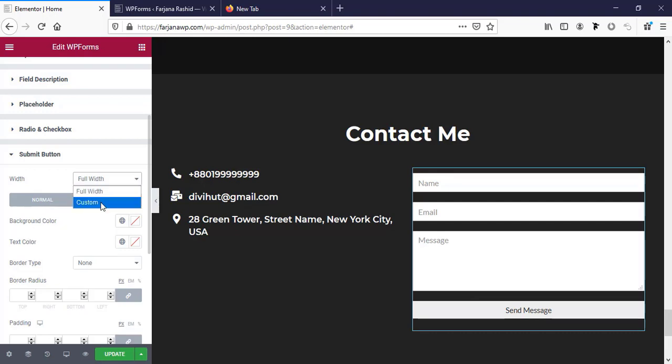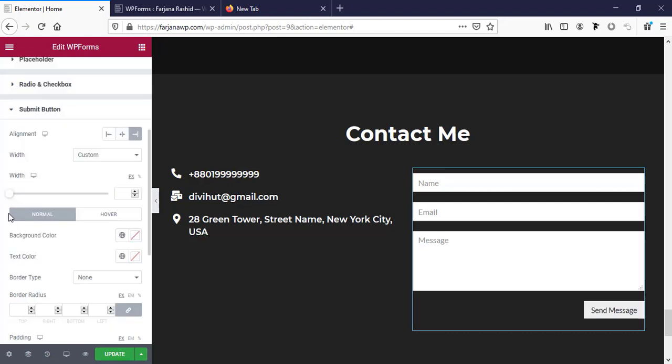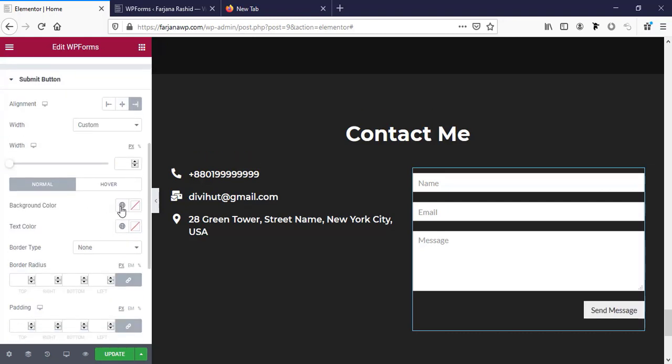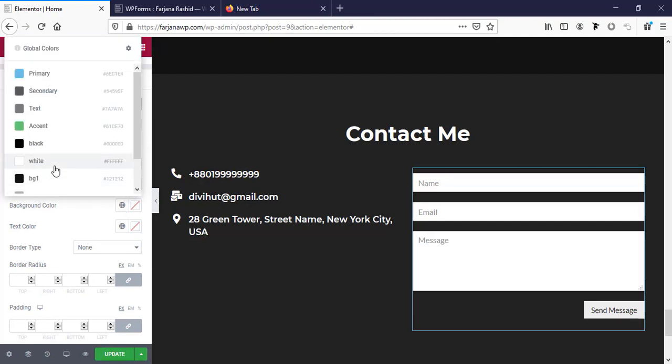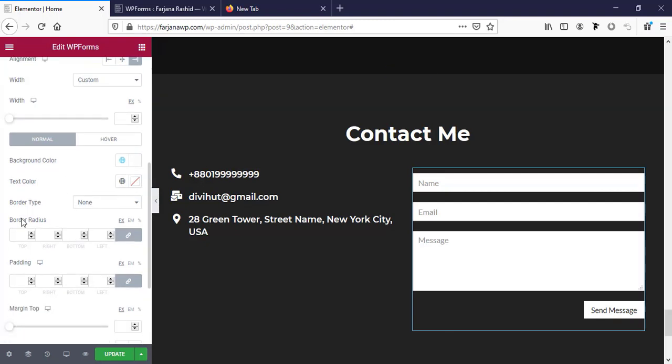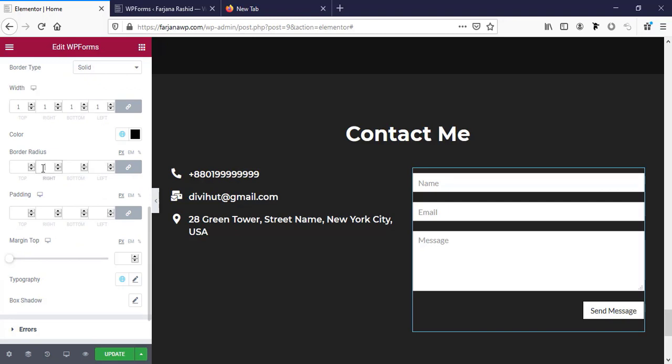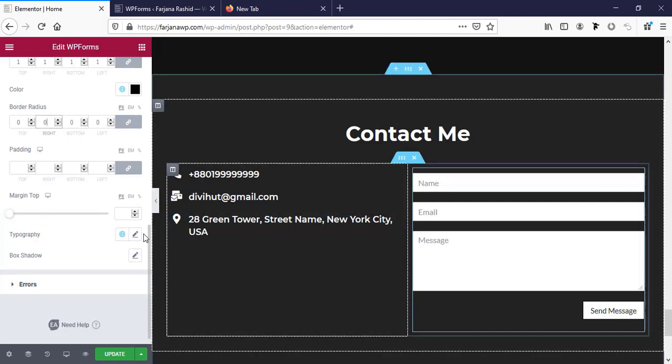For this time I want to make it the default width, and here is also alignment option, and here also background color. So we can make the background color to white, and text color is okay, and border type we can add a solid border, and border width to 1 pixel, and border color to black, and border radius to 0, and